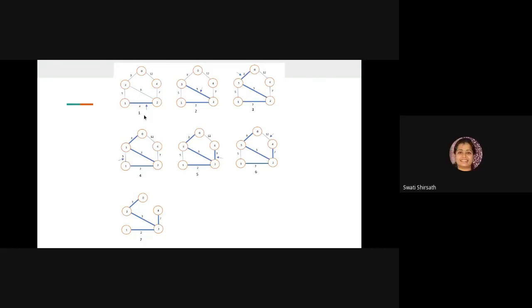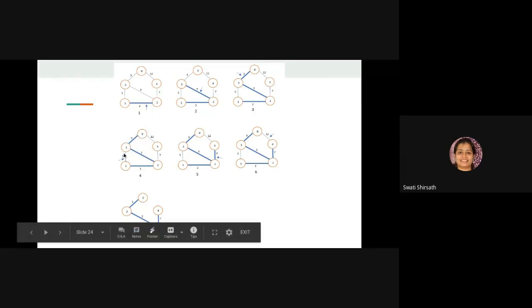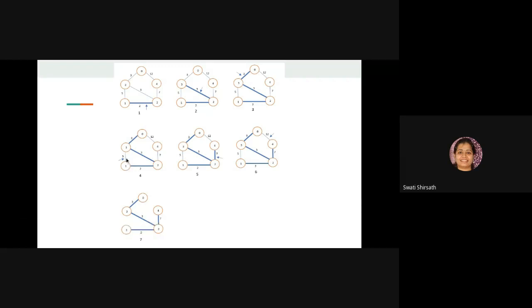So first step is we have added this second edge, 1 to 2. Then second step is we have added 2 to 3. Can you see these blue lines? Just follow these blue lines. Then third step is we have added this 3 to 0. Then after that we have added both the 3 edges because they are not forming a cycle. Then we have considered 3 to 1, which has weight 5. But see here, if we consider 5, it will form a circuit or cycle. So we cannot take this edge.